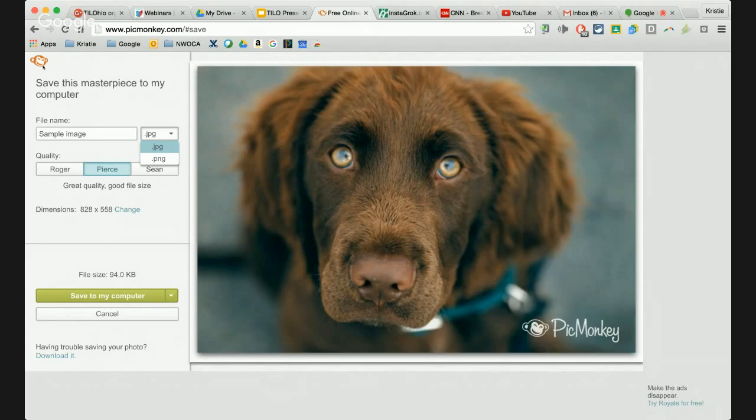So if I was on CNN.com or weather.com or any particular website and I clicked on that icon, then it would go ahead and pull every single image from that web page. Any image that I want to edit, of course I need to follow copyright rules, I would just simply click on that image and that image would then be brought into the PicMonkey app for me to go ahead and edit.